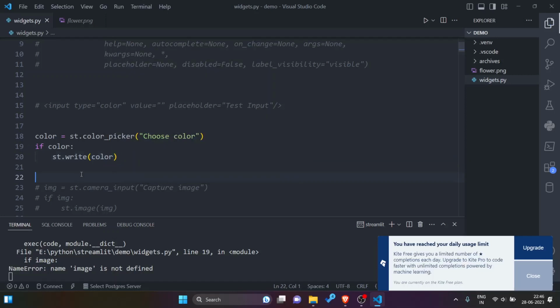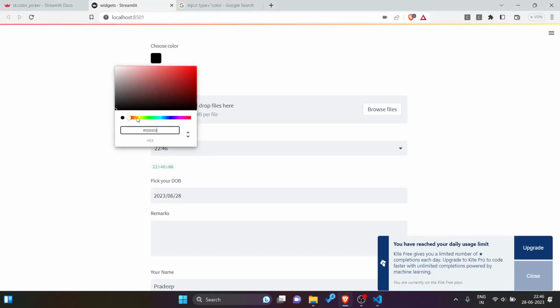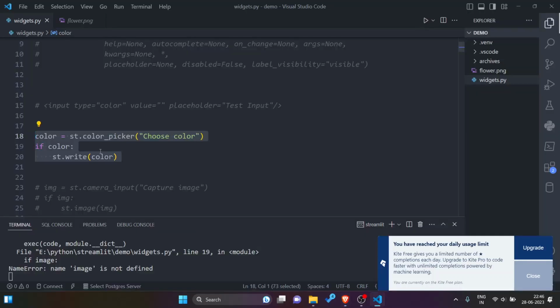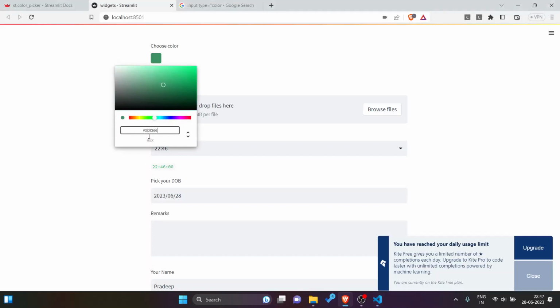I have just typed this random code without seeing anywhere. So we can choose the color. Let us say I have selected this color, then this st dot write means the hexa value of the color is written in the web page. So in this way we can select our desired color. We can do anything with it.